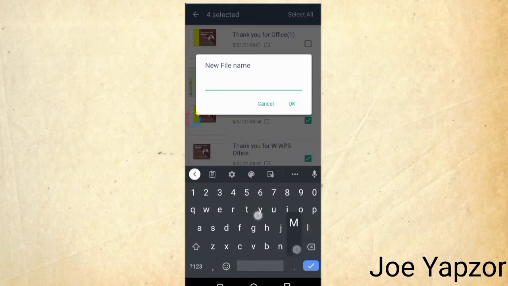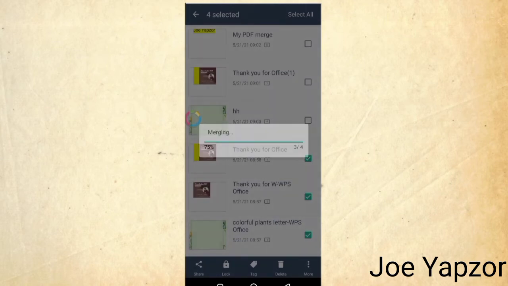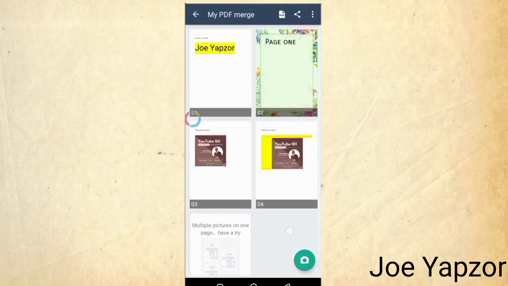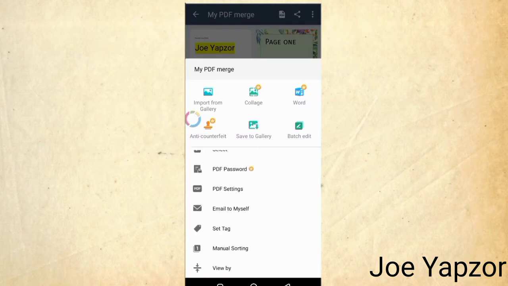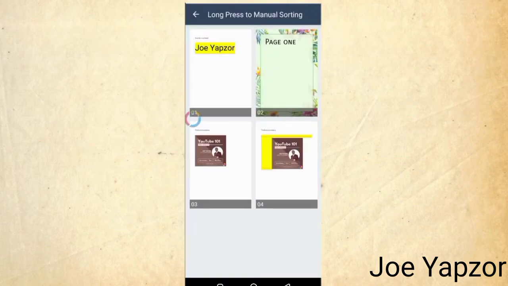So my PDF merge, and you have your PDF merge here. With this, you can see that page 2 is somewhere, page 1 is somewhere in the second page. So what I can do is manually sort them. So I come to manual sort,